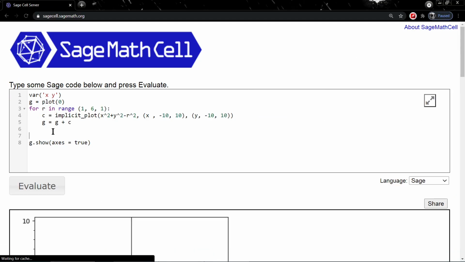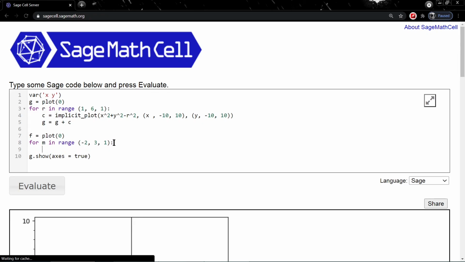So, we can write a dummy variable similar to above with a dummy graph plot 0 and write for m slope in range starting from -2 till 3 with increment of 1, because we have discussed that we are going to take the range of m from -2 to +2. However, in the range function this 3 value does not get included, that is, it starts from -2 and reaches up to 3, but not including 3. So, we have taken from -2 to 3.